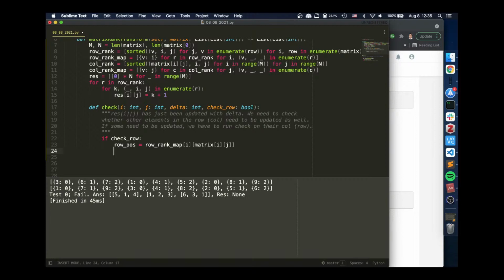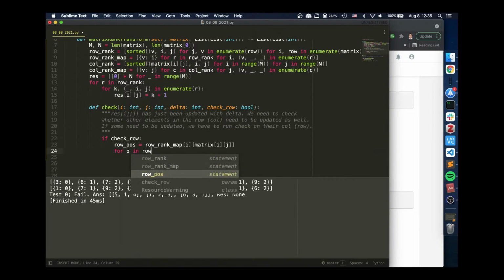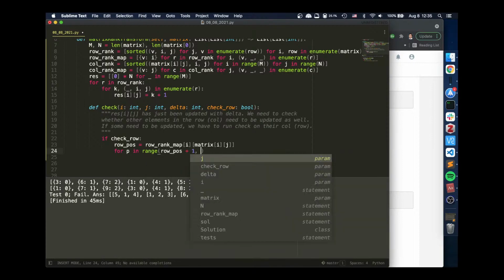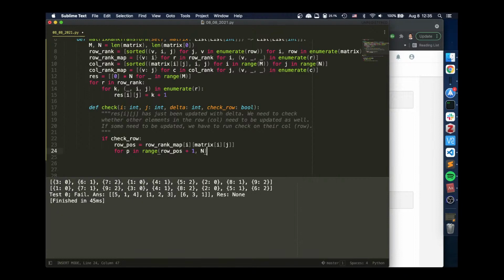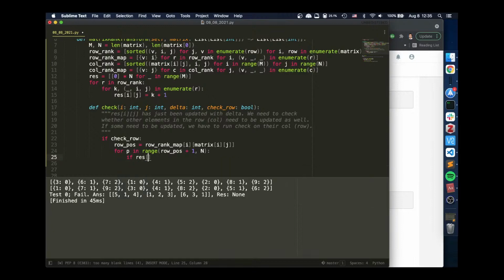So we just need to say for P in range, row position to n, for every single one, if res is